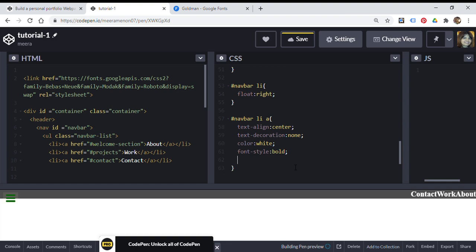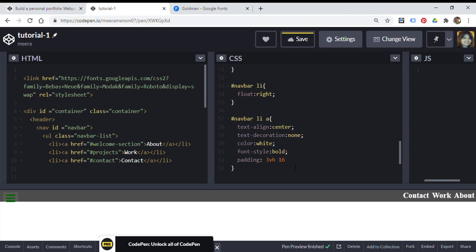Then your padding. The padding can be like 3vh, up to you again. It can be pixels or vh, so that you get a nice rectangle. You get the space, that's the idea. 3vh, so this space, this space, this space, and this space. So you can even increase it. As you see, if you make it 4, what happens? The height increases, and if you make it even more, 8, see, the height increases.